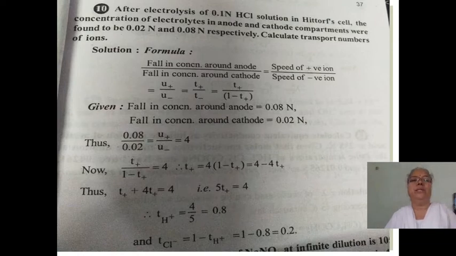And the nature of the graph: if we plot the graph of conductance versus volume of alkali added,